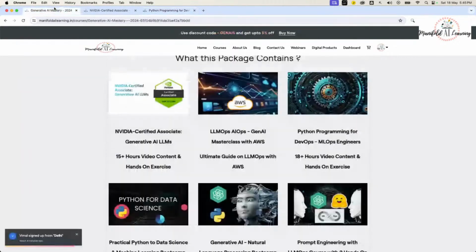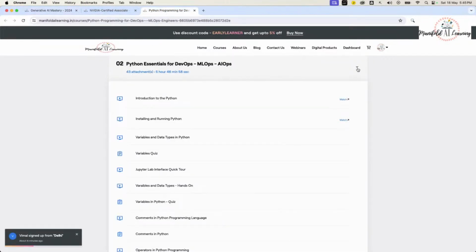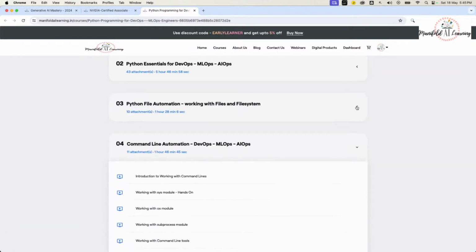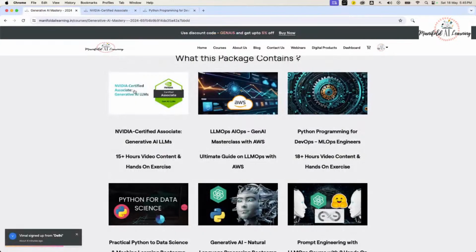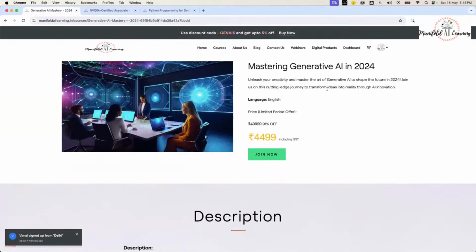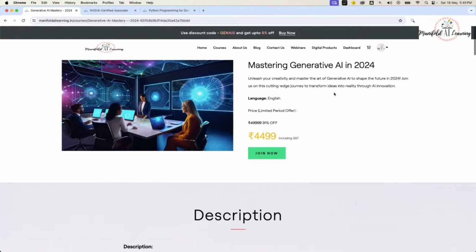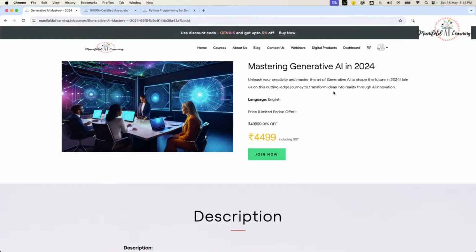See, the advantage that you would get by enrolling in this package is someone has already done the hard work and they have placed the content in a sequential way so that on the next instant itself you can get started. And if you want to take the longest path, maybe you want to prepare your own curriculum, you're still welcome. So maybe it might take more time for you to succeed, but definitely I would highly recommend you, irrespective of the path that you would choose, start thinking about mastering generative AI, because AI is here to stay.